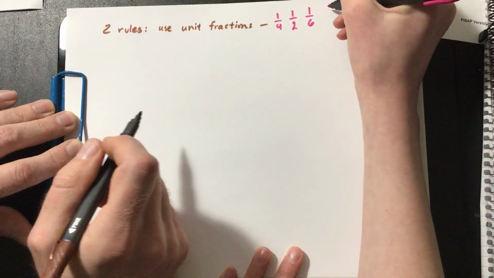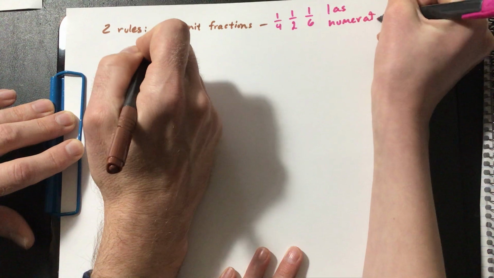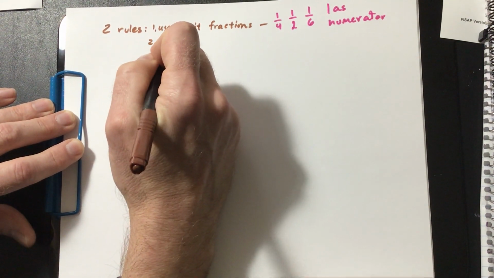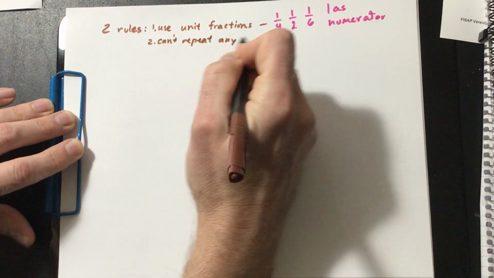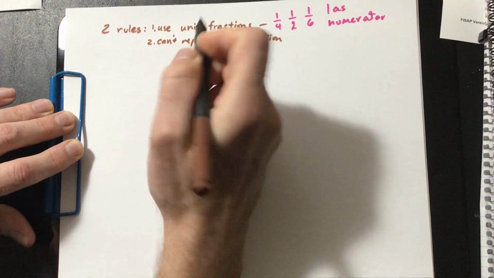Now all of these have 1 as numerator. Okay. And the second rule was that you can't repeat any fractions. And what we're going to do, when I say use unit fractions, it's going to be writing them as